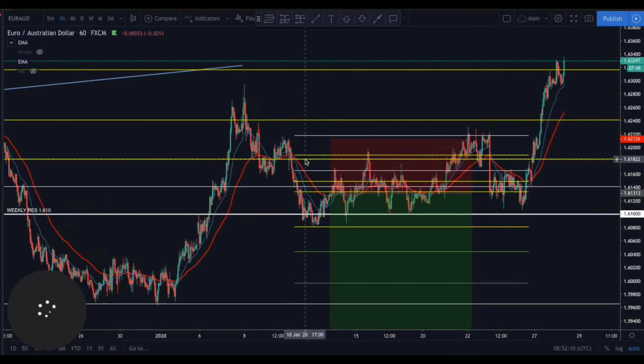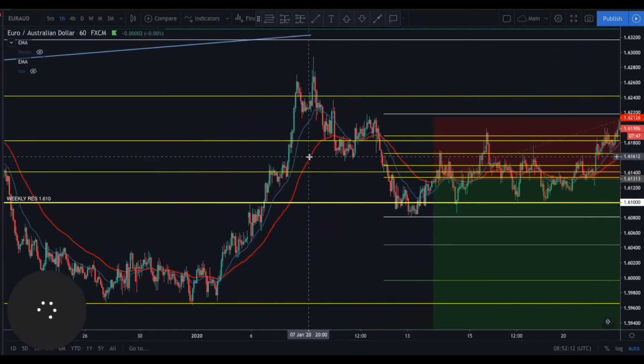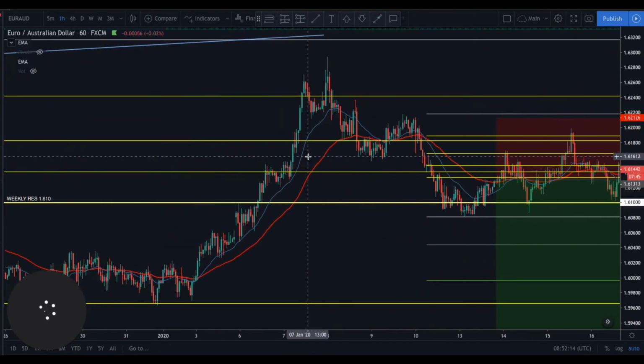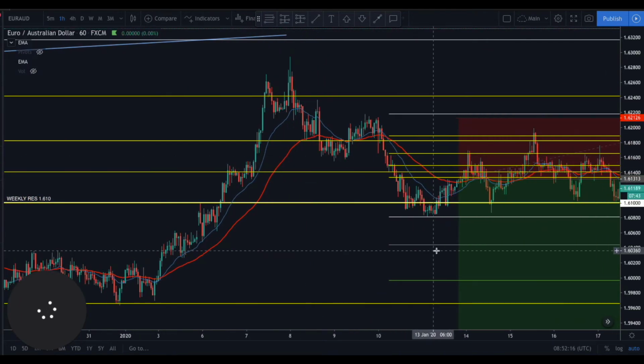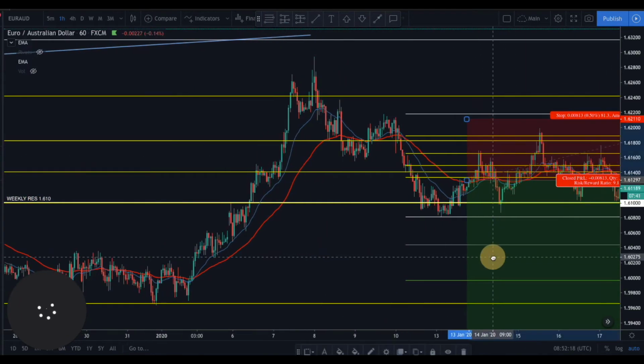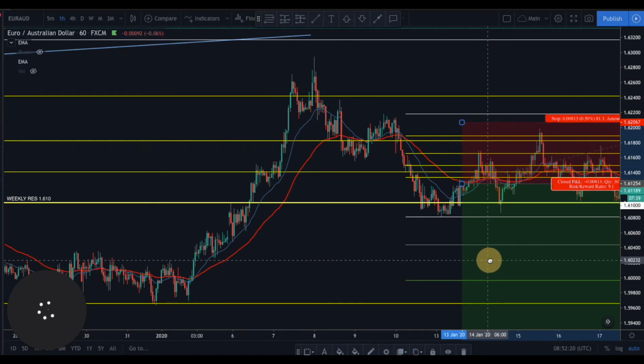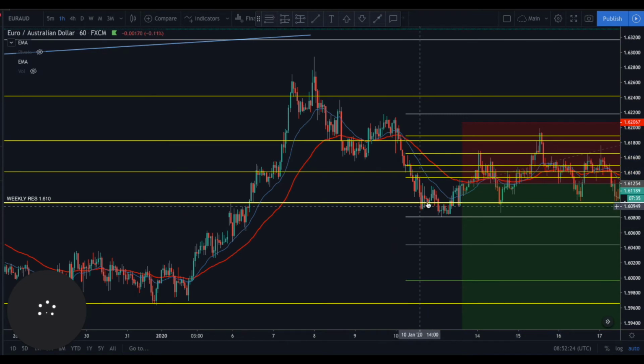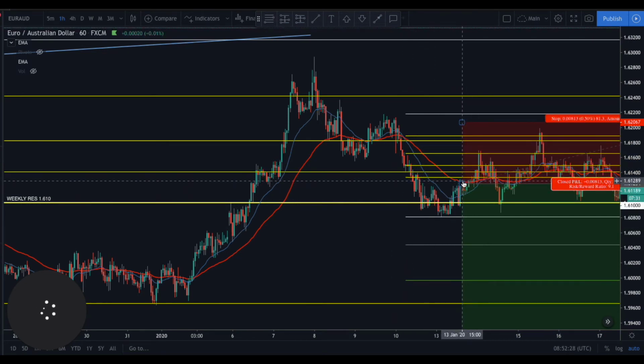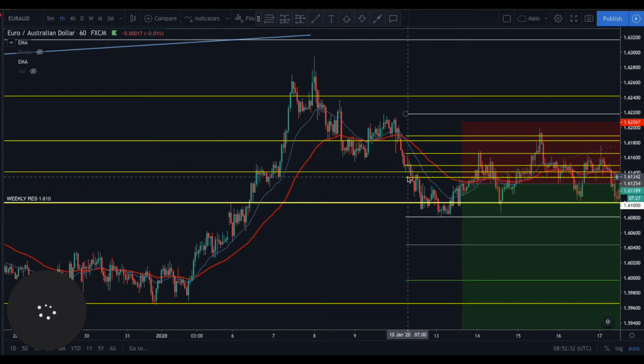So when I took this, it was literally just there. It was the close of this 1 hour candle on the rejection of that 1 hour 50 EMA. Alongside that was 382 Fibonacci, and then